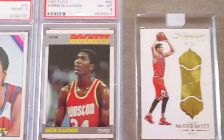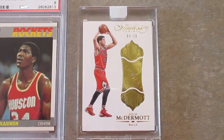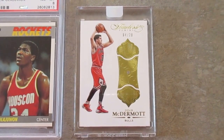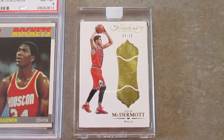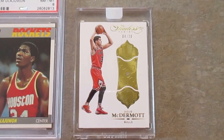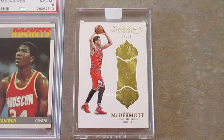And then the last card I want to show you is not PSA graded, but something different that I picked up just the other day. I saw this in an auction on Probstein and put a bid on it, primarily because I like Doug McDermott. He's a Creighton grad, and I'm from Omaha, so I've always followed his career back to when he was a freshman in college. And this Flawless, I've seen quite a few of these box breaks of Flawless,